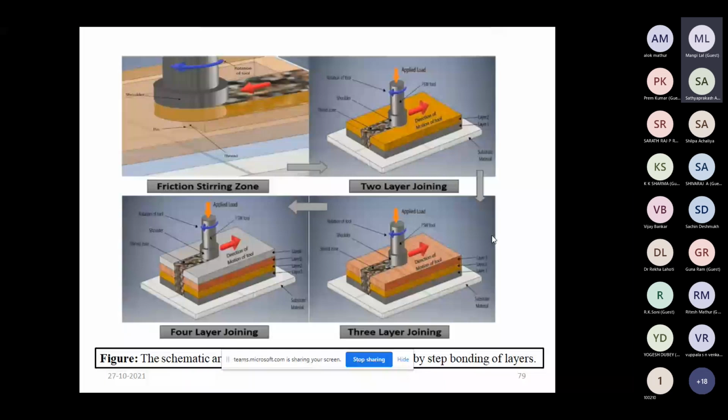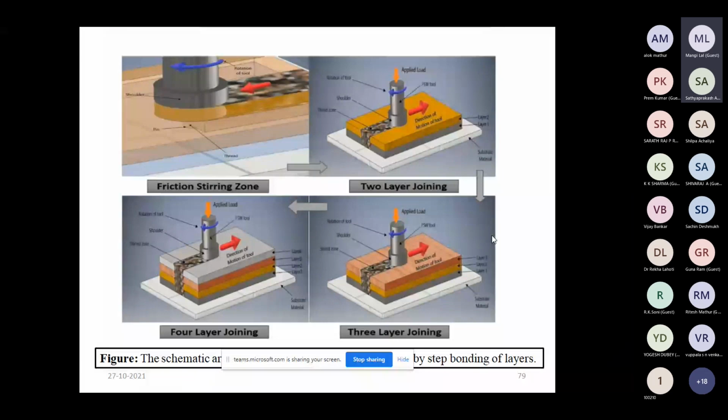But in this process, the process parameters depend upon the type of tool, what type of tool is taken, what is the material of the shoulder, and what is the material of the pin. Okay, and what is the rotating speed of the shoulder, and what is the linear velocity of the pin.